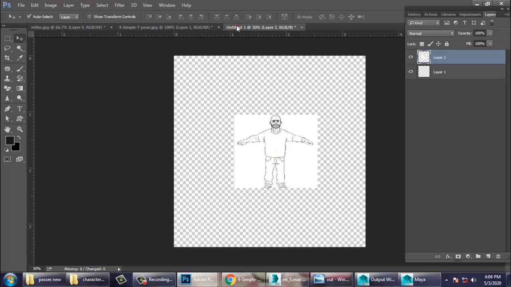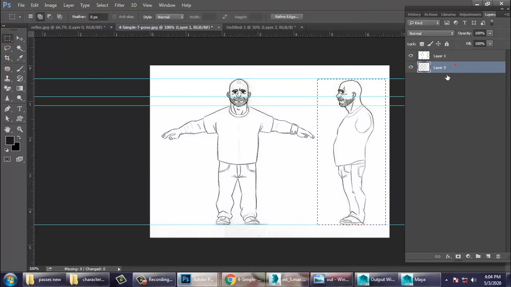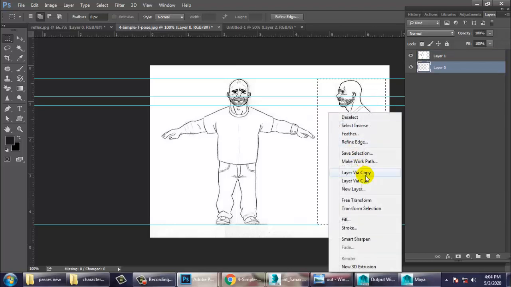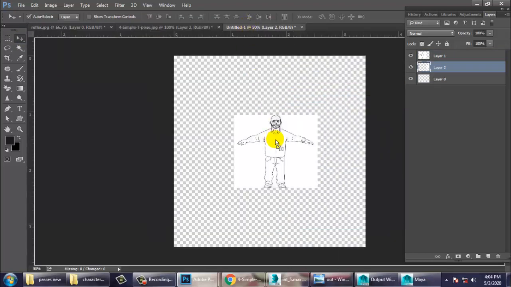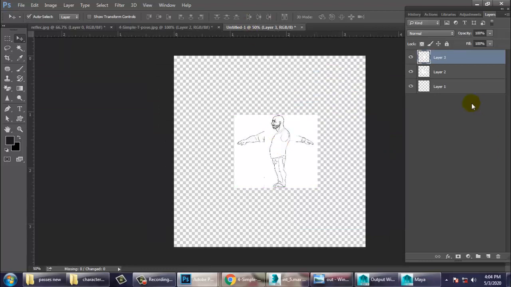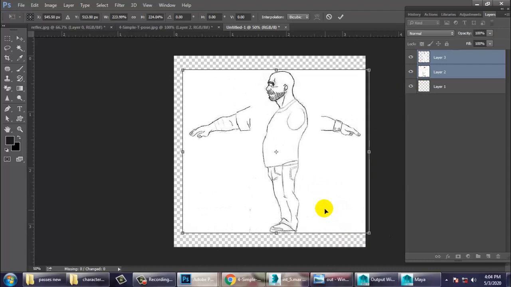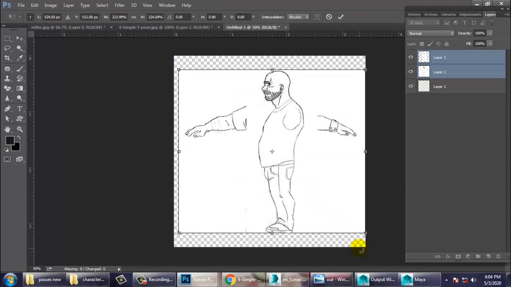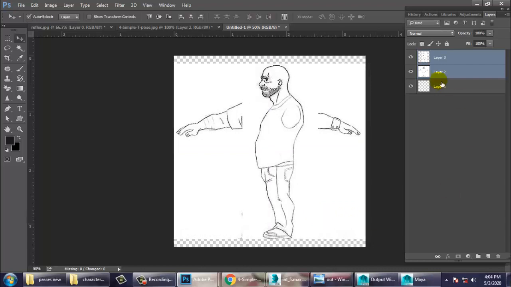So select this again, go over here, select this much of the part, layer via cut, take this character and drag it over here. So select this both, Control T and just scale it. So once you have scaled it, press enter over here.